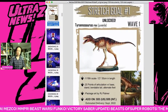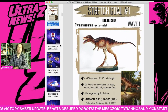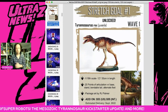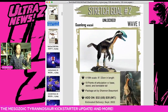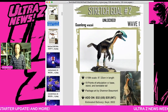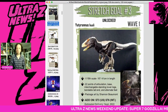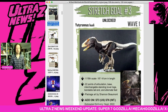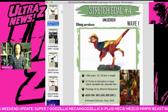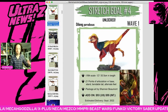And some stretch goals have been unlocked for the Beast of the Mesozoic Tyrannosaur series. The Juvenile has been unlocked. If you didn't see my breaking news from earlier this week, check it out. The Guanlong Wucaii has been unlocked. The Tyrannosaurus Holly has been unlocked, and this was one that I was looking at myself. The Dilong Paradoxus has been unlocked, and all of these are part of Wave 1, which means they would come